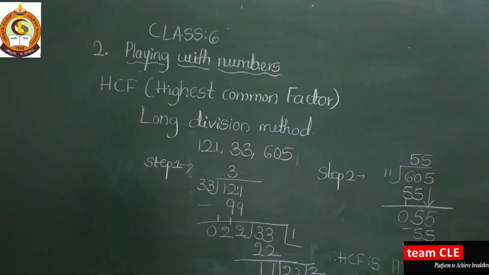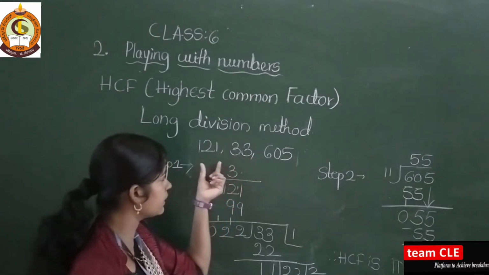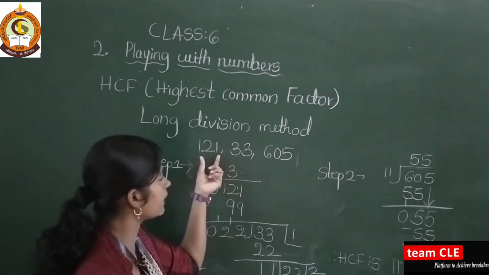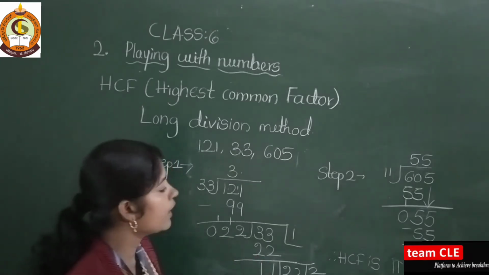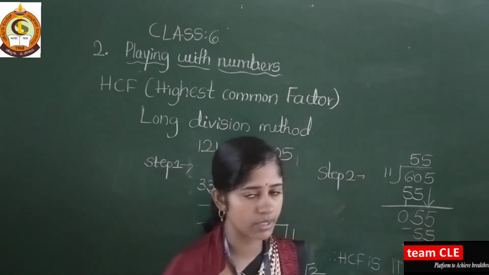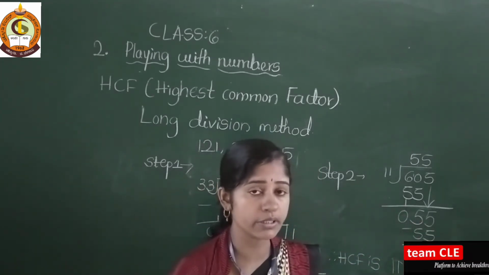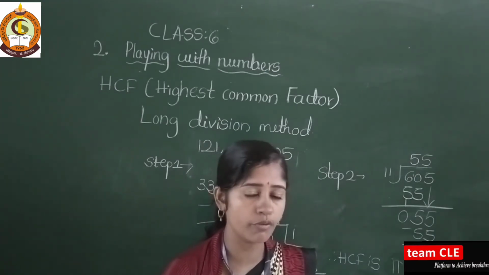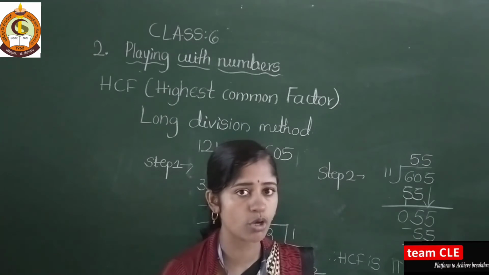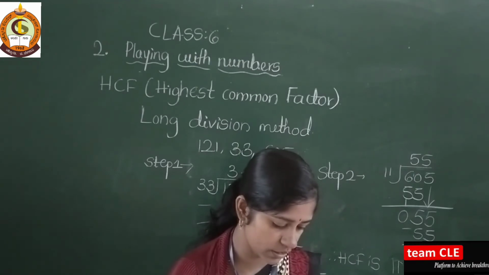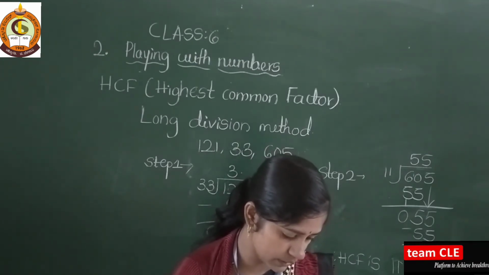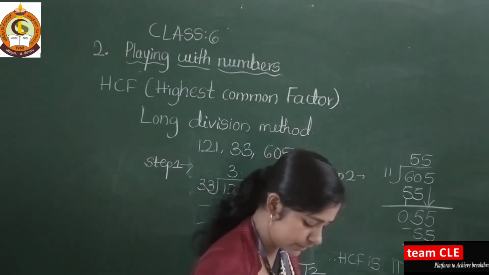See here, you need to know first which one is the smallest number and which one is the greatest number. You need to divide the bigger number with the smallest number. Next, whatever divisor you get here, that divisor is the HCF of the numbers. Again you need to divide with the biggest number. I hope you are getting my points. For this you need more practice. First of all, practice the examples that I have solved, then go to your exercise examples.